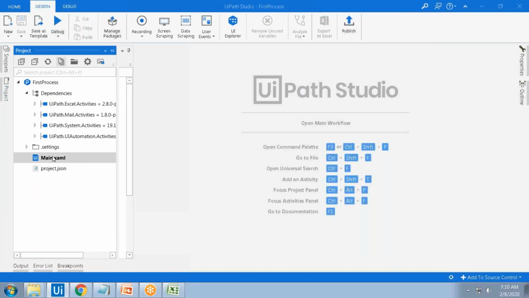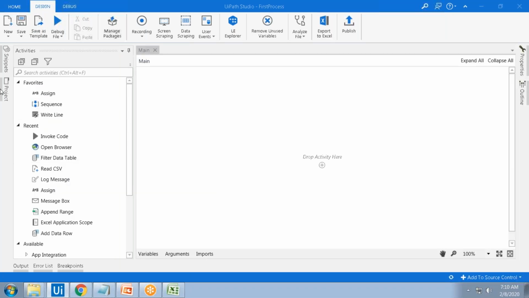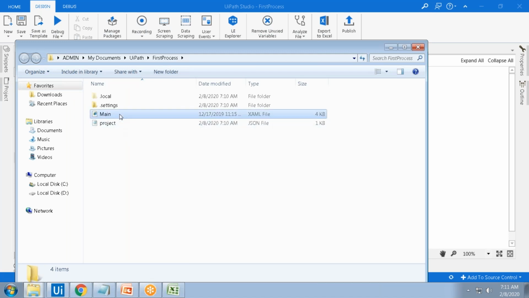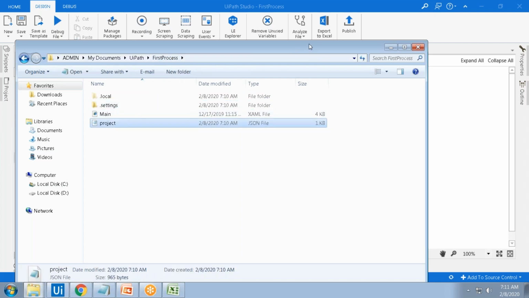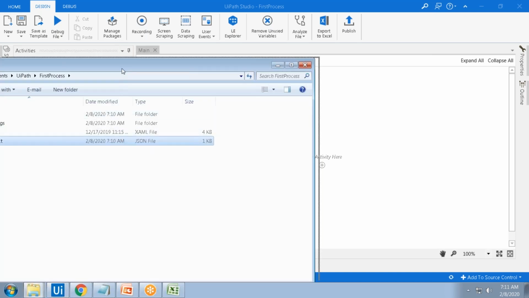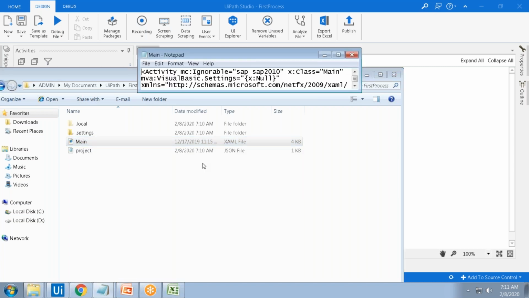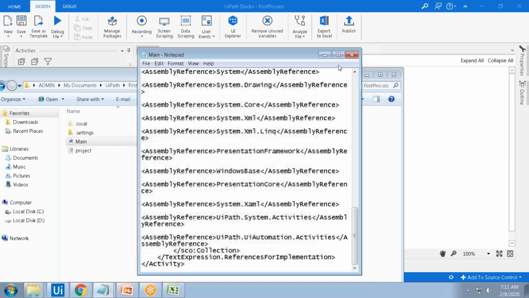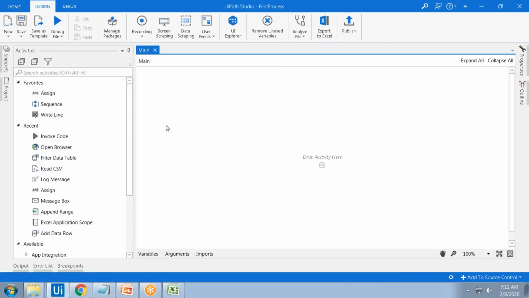Go to projects and double click on main.xaml. Once you click on create a process, what is there inside the folder? You can just see here. Go to the projects. Where you have stored this whole project, you can click on the file explorer. You can see this is your project. It has a main.xaml and some settings, project.json. If you open this main.xaml with Notepad, it looks like this. Some XML format. We don't need to understand this whole thing, but basically it is whatever you're dragging